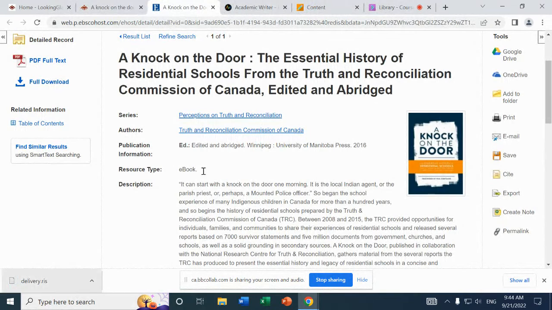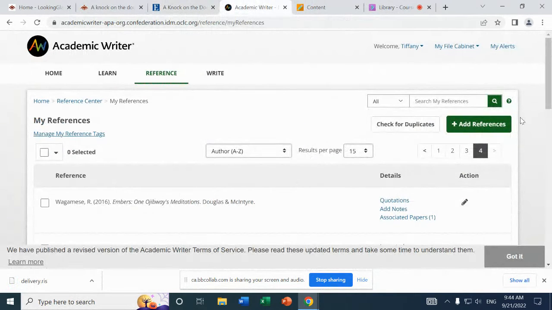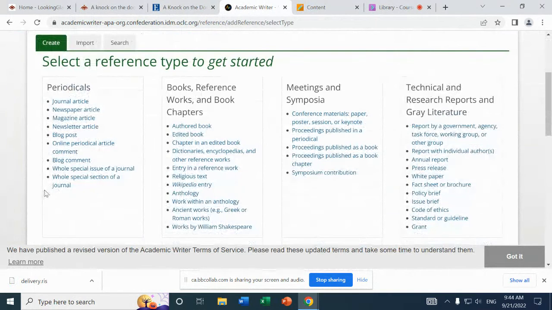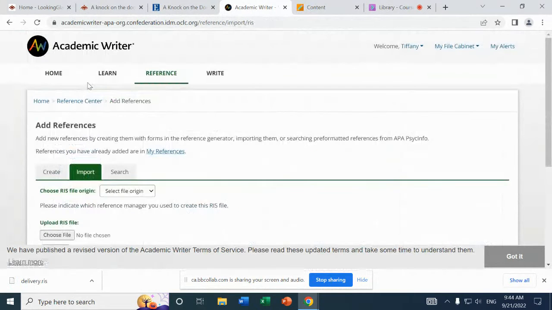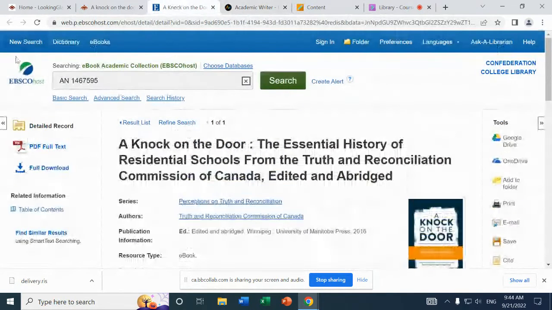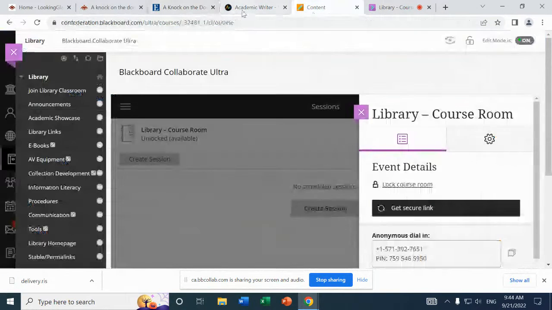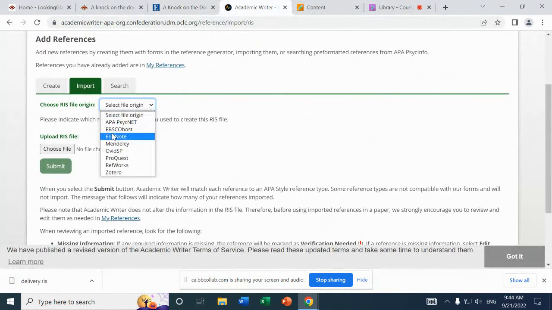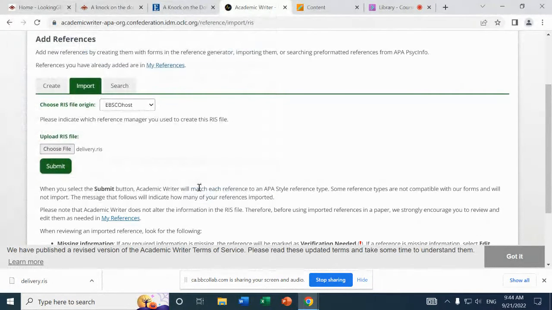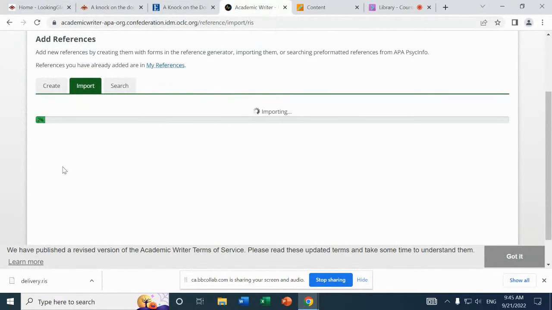You can see it down here. So if I go back to Academic Writer and I want to add that reference, instead of typing in all the information, because I'm using the library, I can upload this information. So this book came from EBSCOhost. You can see here in the corner. And if I go back to Academic Writer, I can click EBSCOhost, and I'm going to choose the file, and that was that delivery RIS file. Open it up, hit submit,